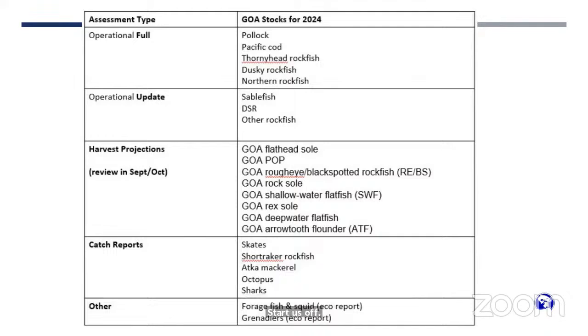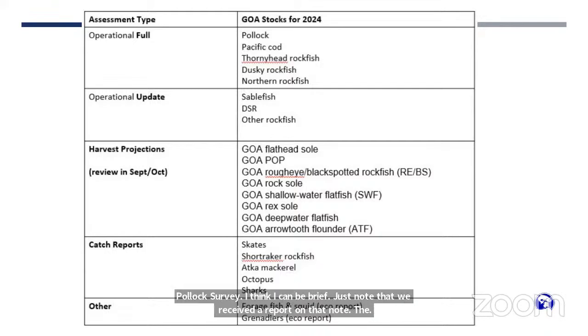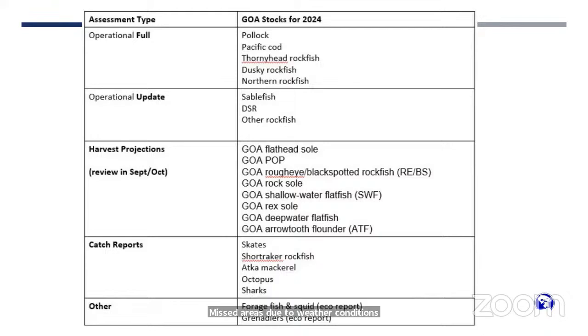Sure. So I think one of the topics was the winter pollock survey. I think I can be brief. Just note that we received a report on that. Note the missed areas due to weather conditions. And then also note that there's a survey scheduled in 2025, and there's some details about where that survey is going to be. On the summer survey changes, so the acoustic survey,